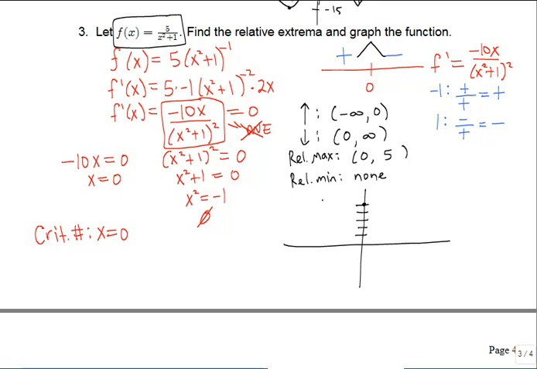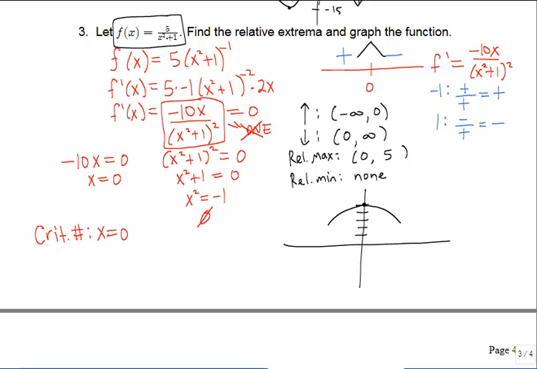I know that I have to rise up on the left of 0, and I have to fall on the right side of 0. Now before we just let this continue all the way down, take a look at our function right here. This is a rational function, and we have talked about rational functions in previous lectures. They have a predisposition towards having asymptotes. Now this one doesn't have any vertical asymptotes because that denominator was never going to hit 0. Remember, we talked about that over here. But this does have a